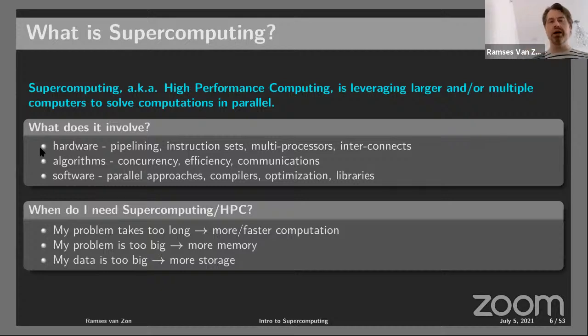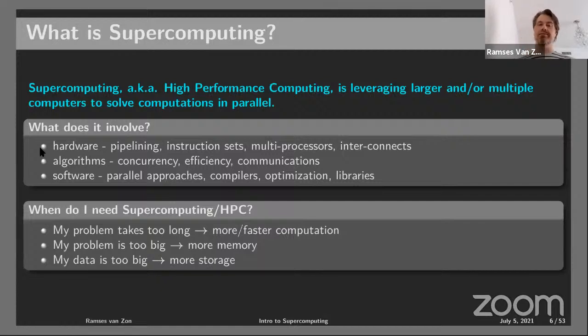Okay. So why would you need that? What are some common cases on when you actually need a computer that is more powerful than your own? Either your problem takes too long, so you run it on your machine, and you try to figure out how much time it would take to run your computation to finish your PhD thesis, say, for instance, and you figure out that it is, I don't know, 2 decades or a millennium or something. Basically, it takes too long, and so you either have to give up or you have to use a supercomputer.